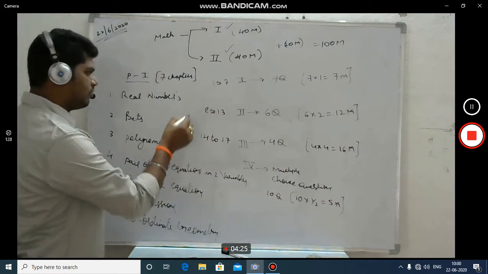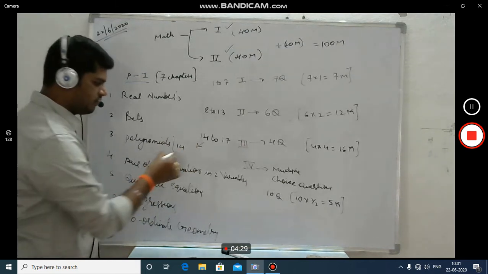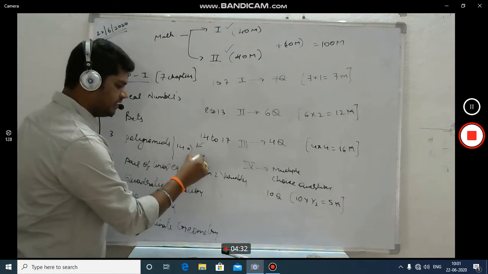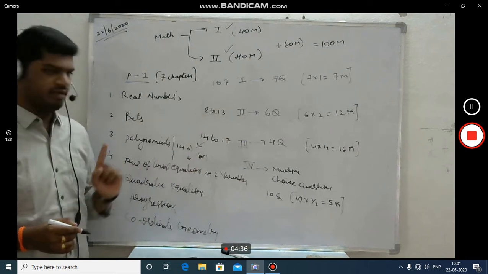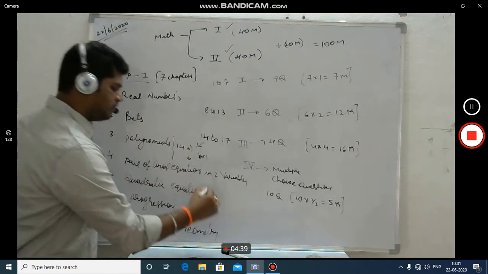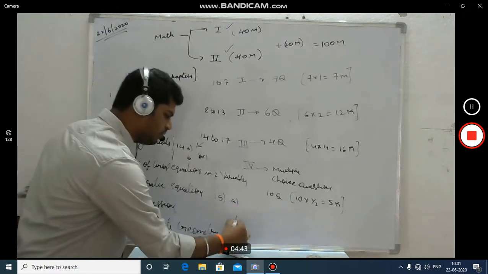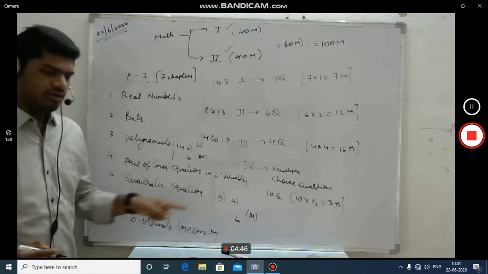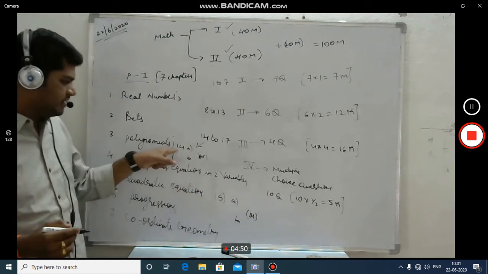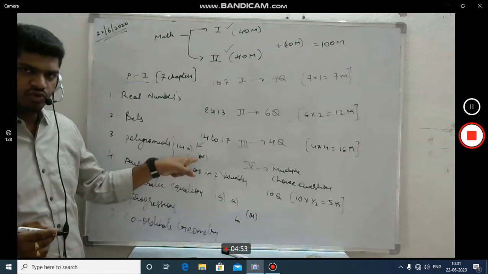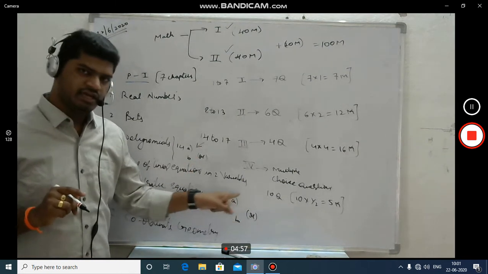See, in this third section, we have an internal choice. So what does internal choice mean? See, the 14th question is there, for example: 14th A, 14th B. In the 14th question, you have to attempt either question A or question B. Next, the 15th question is there. In the 15th question also, you have question A and question B. Either you have to attempt A or B in question number 15. So in these 2 questions only you need to select one question.